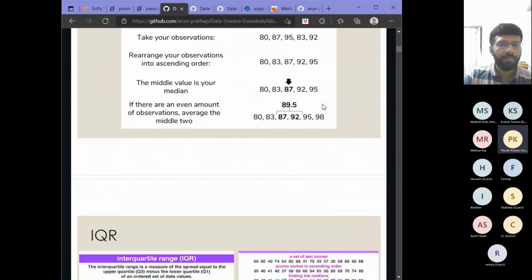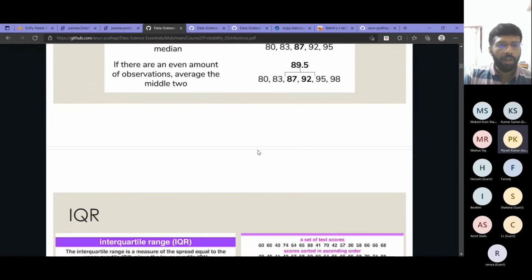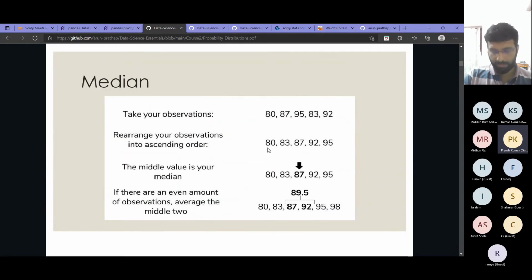We saw that if we have an odd number of data points, the median will be the middle one, and if we have an even number of total data points, the median will be the average of the middle two entries.